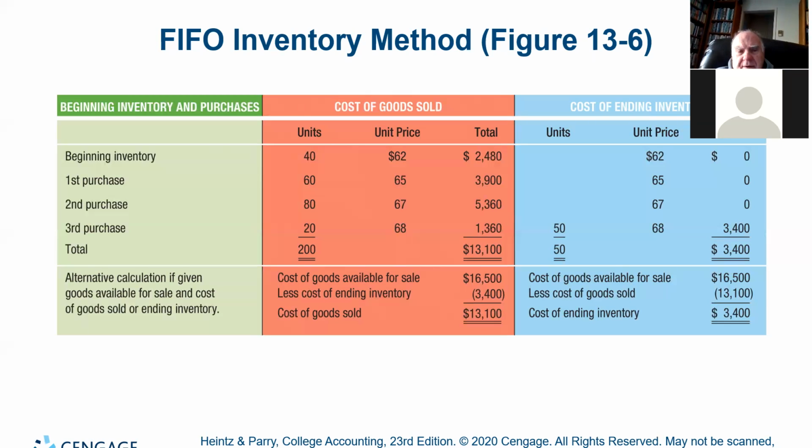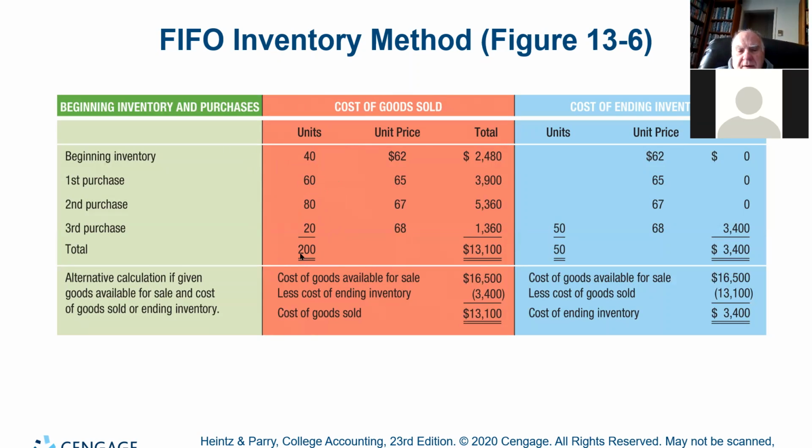When it's saying first purchase, are you purchasing more inventory? At the beginning of the month, this is history now. We're now at the end of the month, Carrie. Okay, so you started with 40, then you purchased 60 more, then 80 more, then 20 more. So now you have 200 available. And you purchased 40 at $62 apiece, and then 60 at 65. So the cost of the units changed over time. The cost of the units is going up.